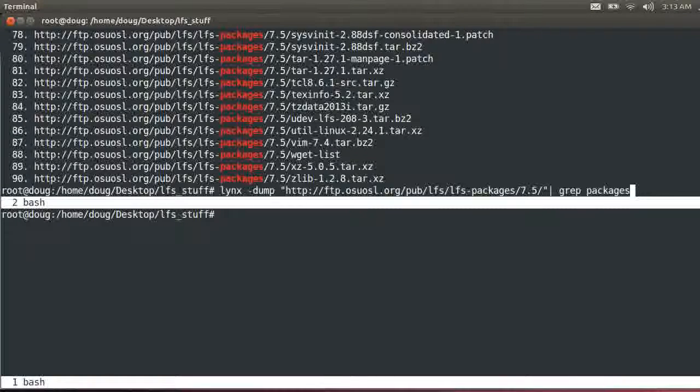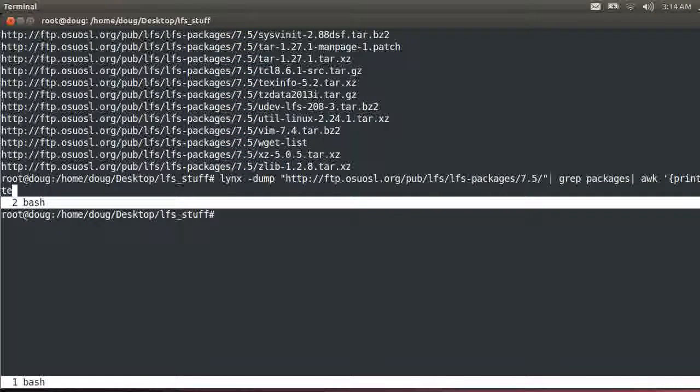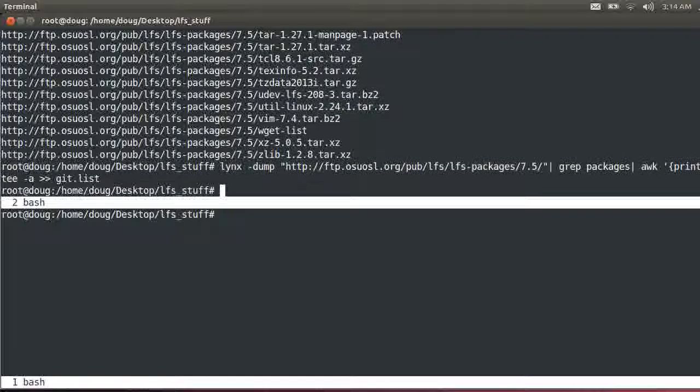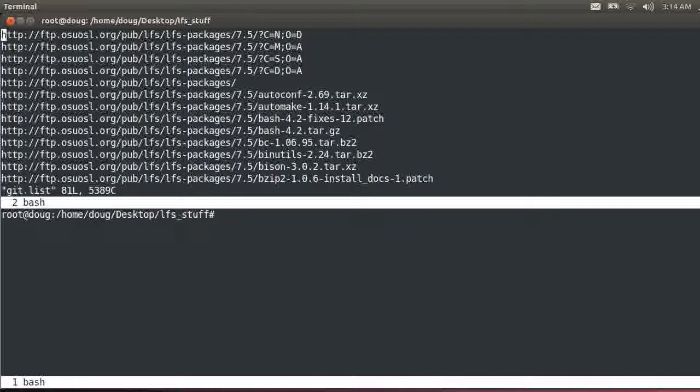We'll just awk out, awk, print $2. This should print the second field. Okay, looks really good. And we could take that, let's tee it all off into get.list. Okay. If we say vim tiny get.list, you can look at it,